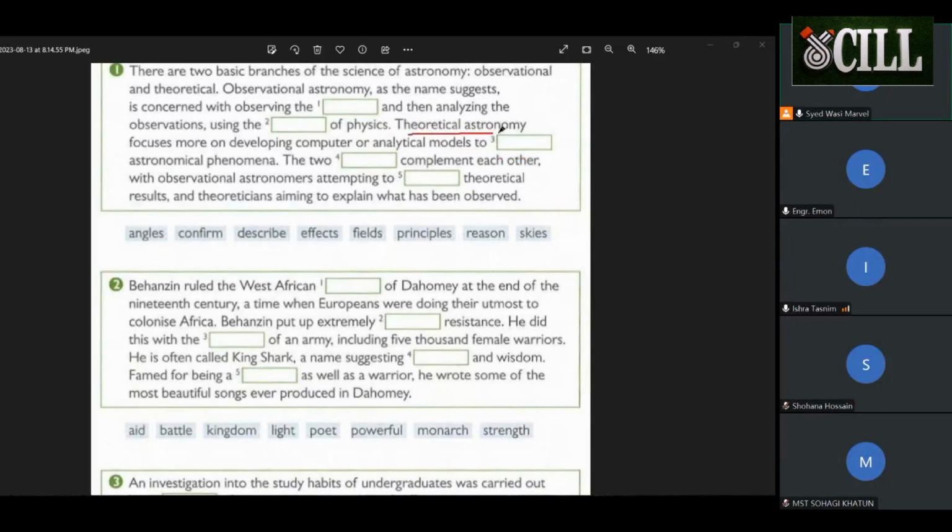So, like, আমরা জাস্ট চোখ বুলায় যাব, through astronomy focus more on developing analytical models to dash astronomical phenomena to dash. So এখানে দুইটা ব্যাপার, একটা হচ্ছে গ্রামার ক্লু, টু এর পরে একটা ভার্ব আসবে, আর এটা হচ্ছে এমন একটা ভার্ব আসবে যেটা অ্যাস্ট্রোনমিক্যাল ফেনোমেনার সাথে যায়। ফর এক্সাম্পল, যদি এখানে থাকতো